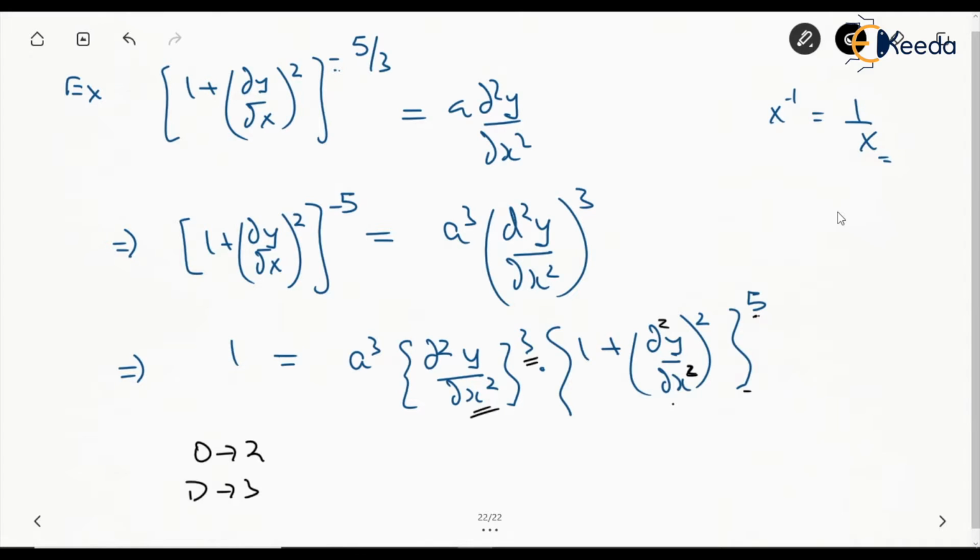Had it been second order derivative, then we would have had to expand this entire term so that we can get the highest order degree in this case. But as of now, it is not so, so it won't mix with the second order derivative, and the degree for this case is going to be coming from here only, right? So this is the degree and order.